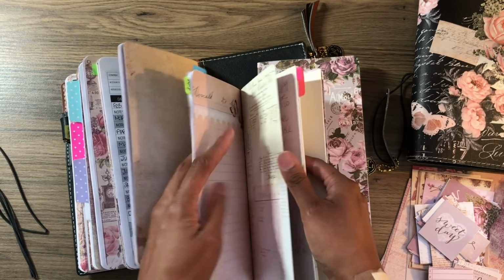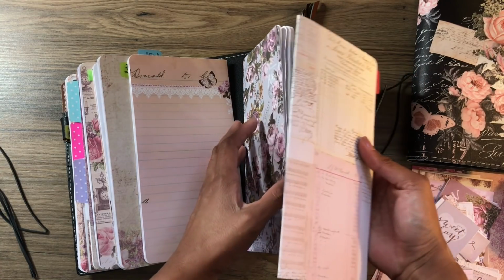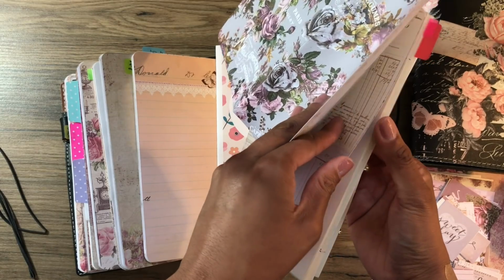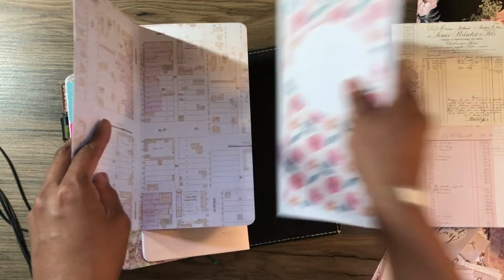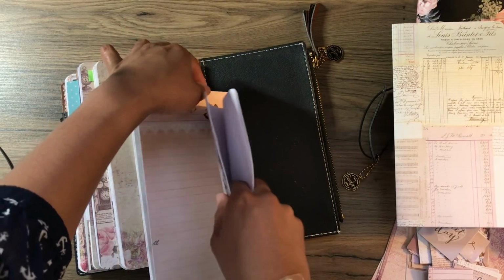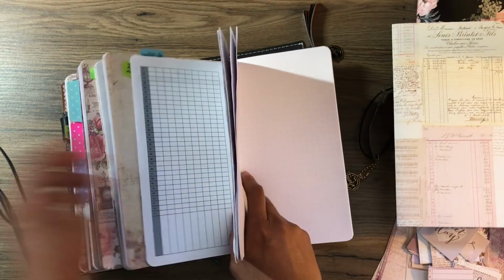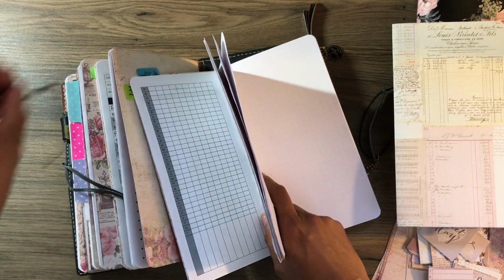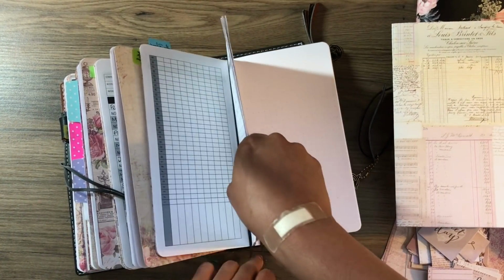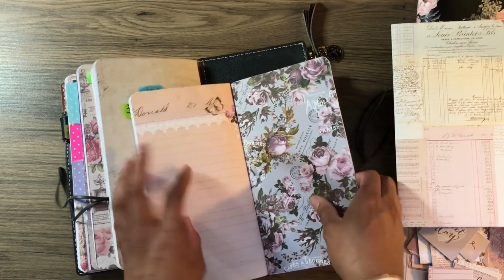Okay, so this is what you do. I do want, okay, I do know I want this. Oh, no. Okay, here we go. This is what you do. So I'm going to jump band these together. Sorry about that. Shook the camera again. Or the iPad anyway. Okay, jump band these together. And then